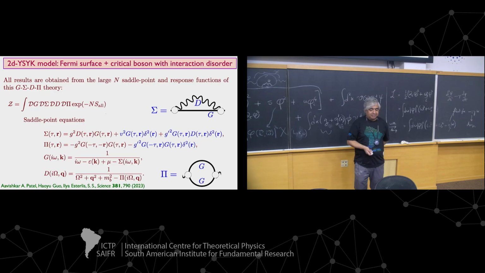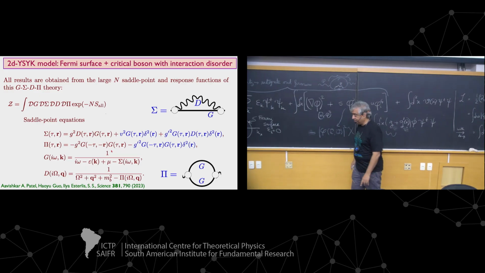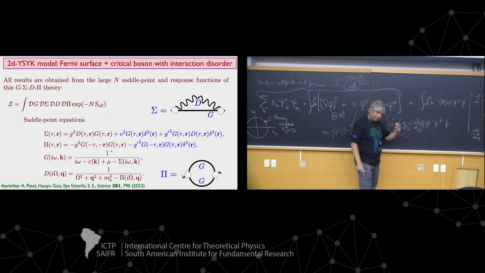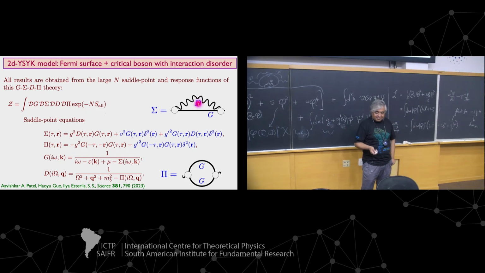So one of these equations here, pi equals g squared GG, that's the Hertz equation. That's the electron polarizability, or the dielectric constant at this wave vector. But we also include this equation, which is the self-consistent normalization of the boson from the fermion. And that's absolutely crucial in Yukawa SYK. That's what we learned. So now we put it here in this more realistic system. And now you solve these equations. Okay, so it can be done, and it wasn't that hard once we decided these were the